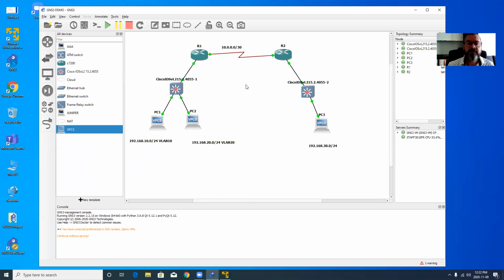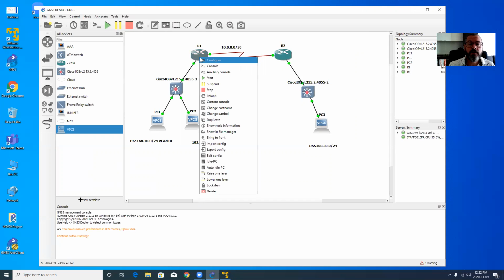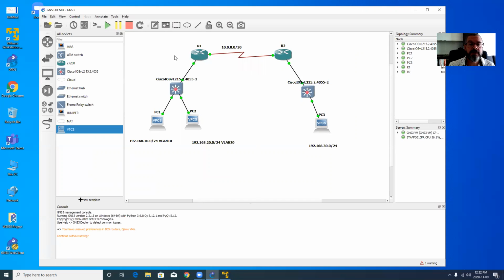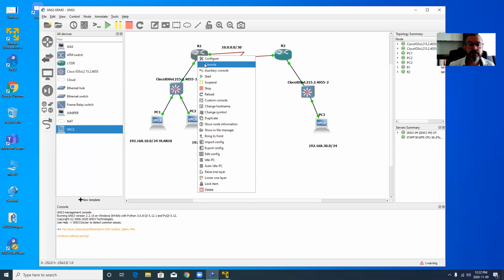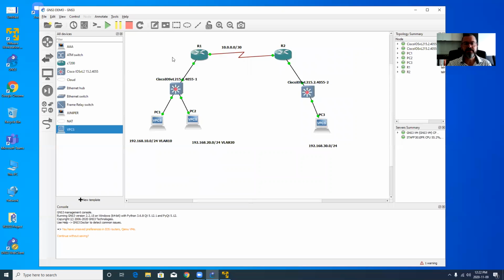Okay, so we have it up and running, and so I'm going to just jump into the console. So again, I just right click and I go to the console. There's a bunch of stuff you can do in here as well, right? Stop, suspend, start. You could reload. Don't forget starting, restarting if you need to. You could do a custom console. You could change the host name. We're going to do that on our own. Change the symbol, duplicate, etc., etc. So there's a bunch of things you can do. I'm just going to go into the console,